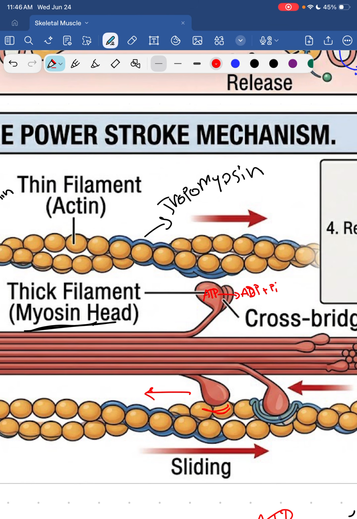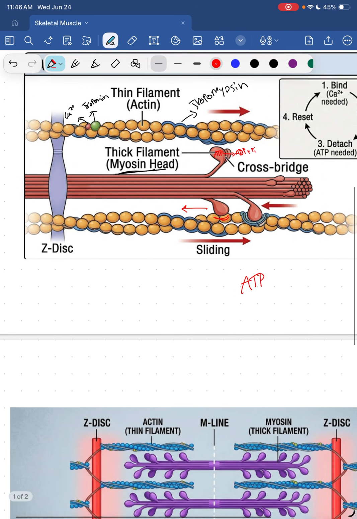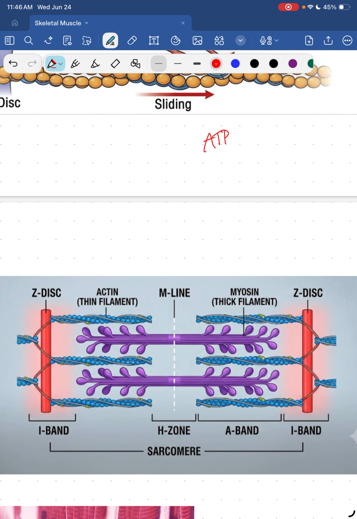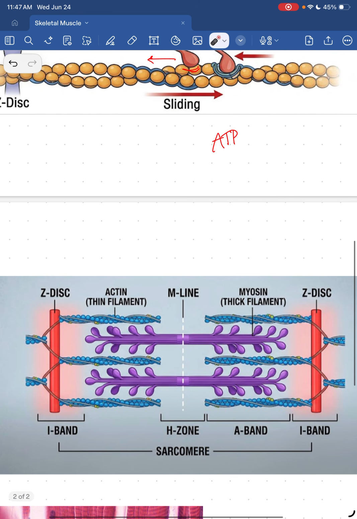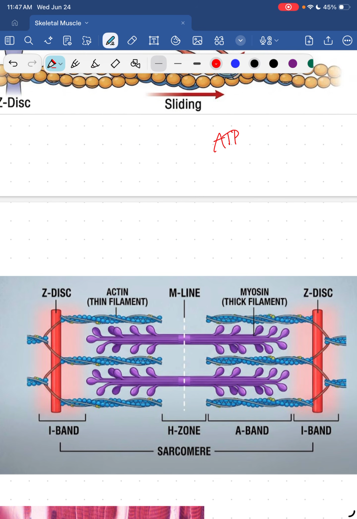It brings in the actin molecule closer to this M line, which I'll show you guys right over here. So this is a sarcomere. It's a contractile unit of skeletal muscle. We have our thin filaments, or actin filament, right over here, and then we have our thick filaments right over here. So right now this is in a relaxed position. As you can see, there's no binding over here. But if there was any binding,